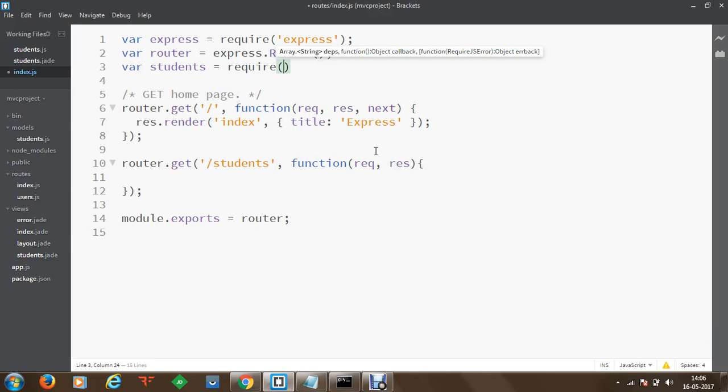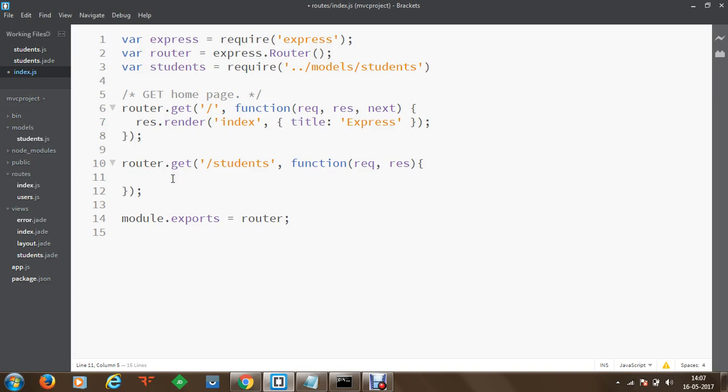We have to go 2 directories back, which means I have to go to the parent directory. Then from the parent directory, within the models, I'm going to access students. So now the model will be read from the models directory and stored into the students variable, and I'm going to use this students variable in this get method.